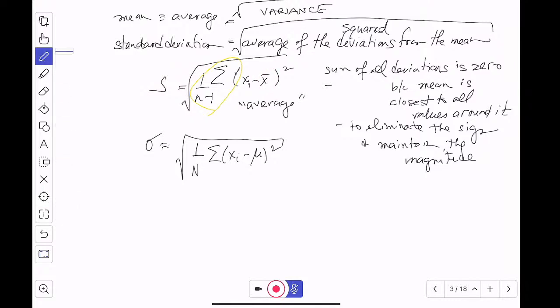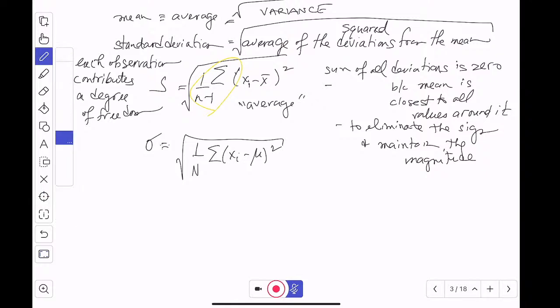By tying all those x's together, where each x, I say the x's, but each observation